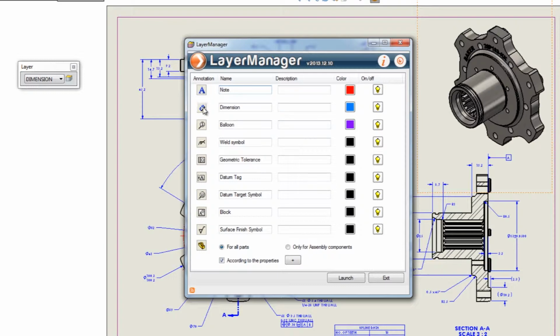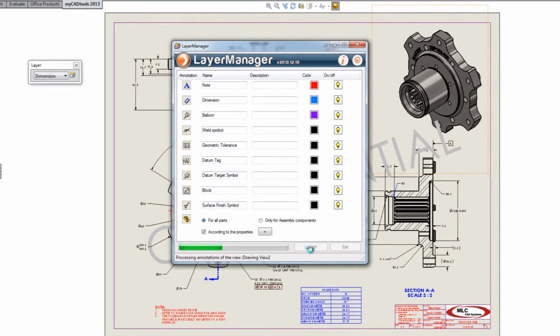In this case, you remember we have one called dimension already, so this is just going to merge any new dimensions that we may have added, okay? And for example, balloons, there are no balloons in this case, but if there were, they would automatically be associated with this category here, okay? So I'll go ahead and hit launch,